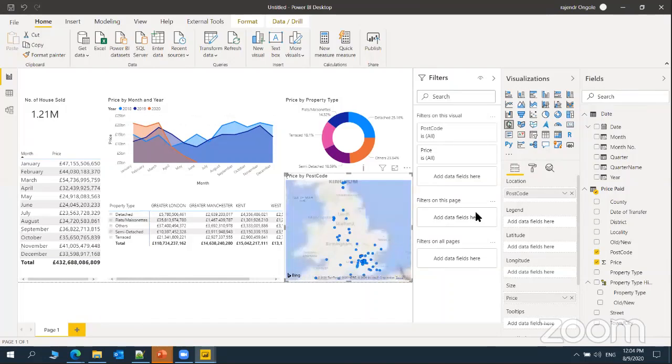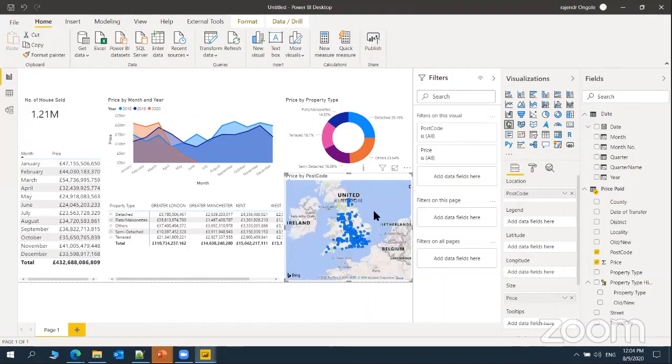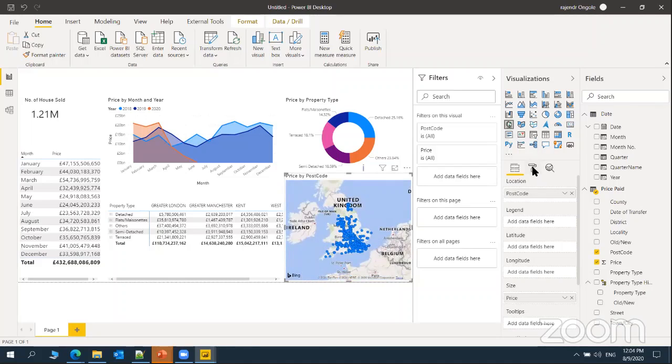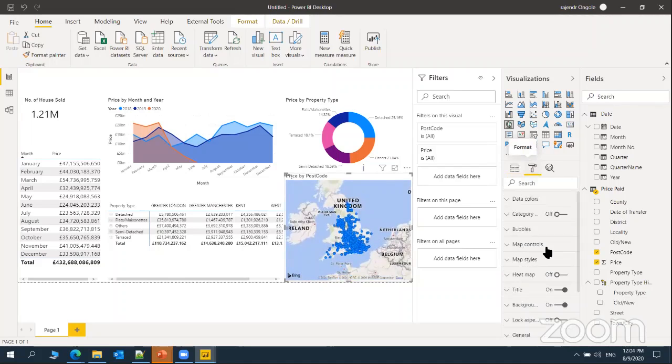So here the data set is related to UK, right? So it is directly navigating to the UK. And if you want, make it as a heat map to get more insights, and based on which areas have more occupation and all, just click on this heat map so that we can easily analyze the area location based on the more dense area.